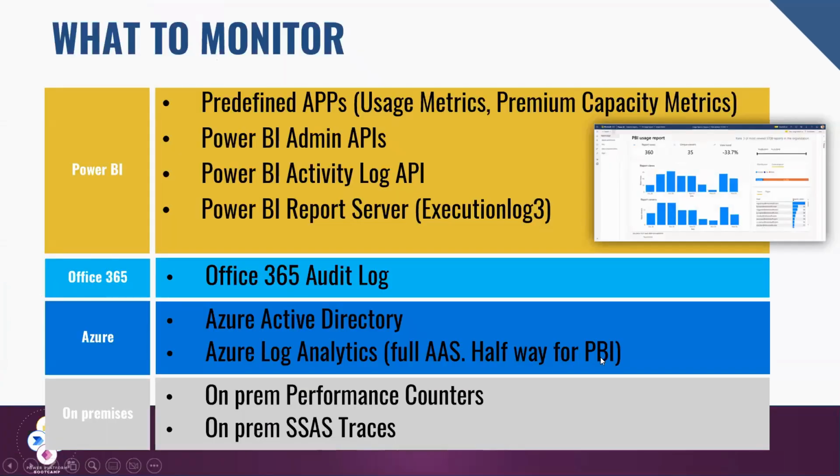Now, how do we build this? Okay, so we can connect Power BI with a bunch of APIs. The Power BI admin APIs can give us the catalog of the reports, users, workspaces, and so on. We can classify them by area and by seniority. And we can get the activity log API, which has the log of all the clicks, openings, exports, and anything that is happening behind the scenes in the Power BI portal.